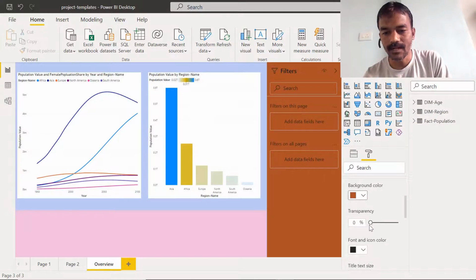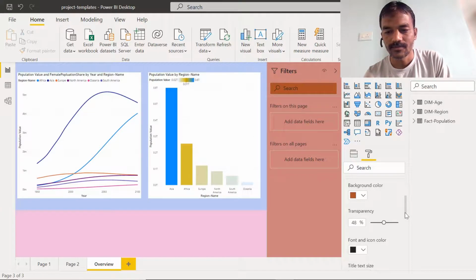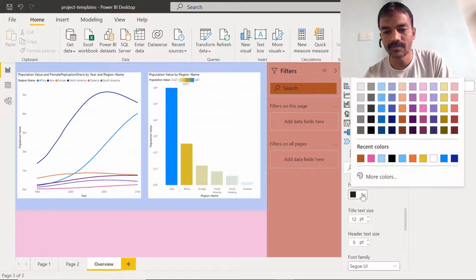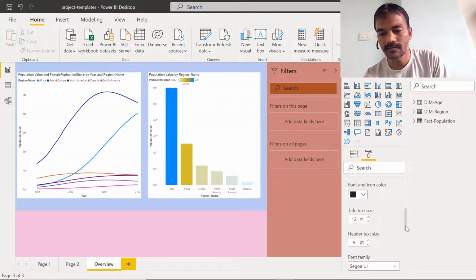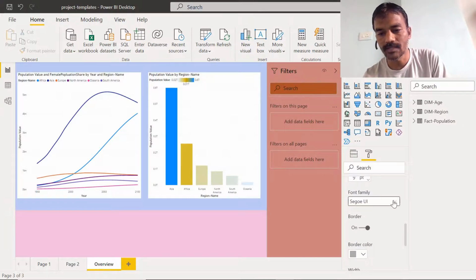And then transparency also, if you want, we can make something like this. Then font color, font and icon color we can also change if you want, its size as well, header text size as well. And the font, which font to select. There are some fonts available which we can select.